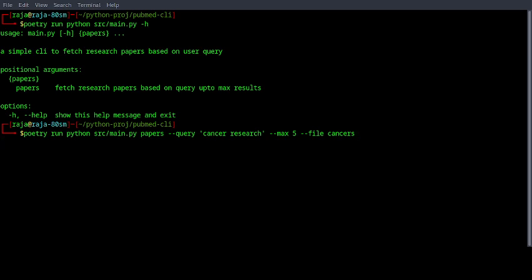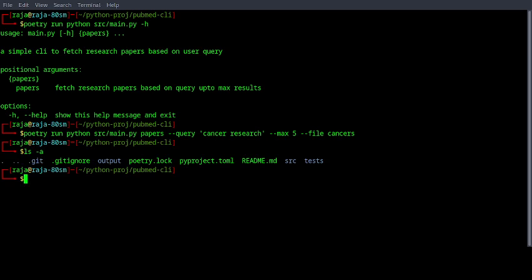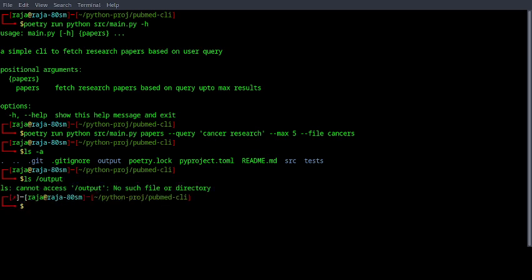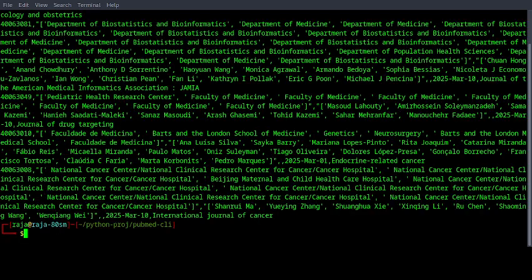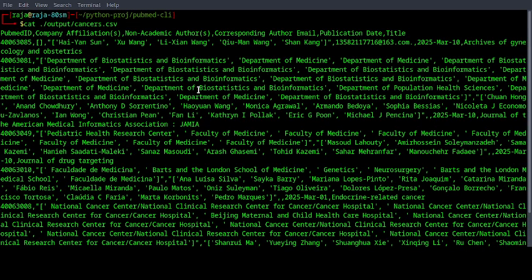Let's see, it's generated. It has generated the output folder. If I look at what's inside the output folder, I see it is cancer.csv. So I can simply cat the file, the CSV file. You can see all the headers: PubMed ID, company affiliations, non-academic authors, corresponding author email, publication date